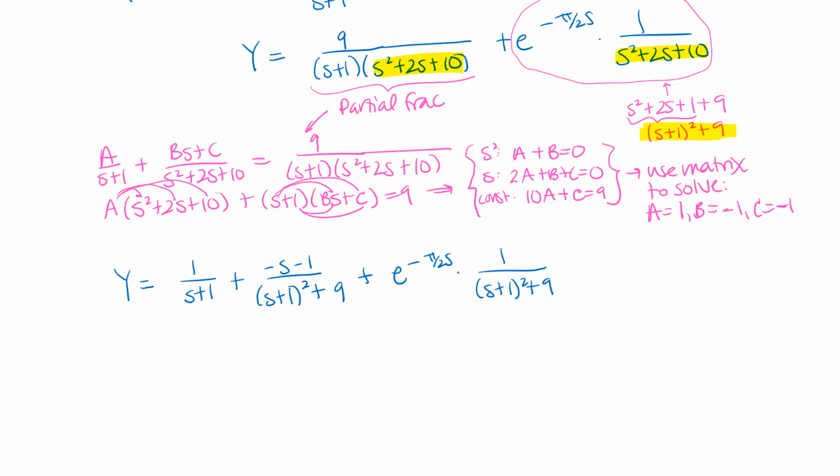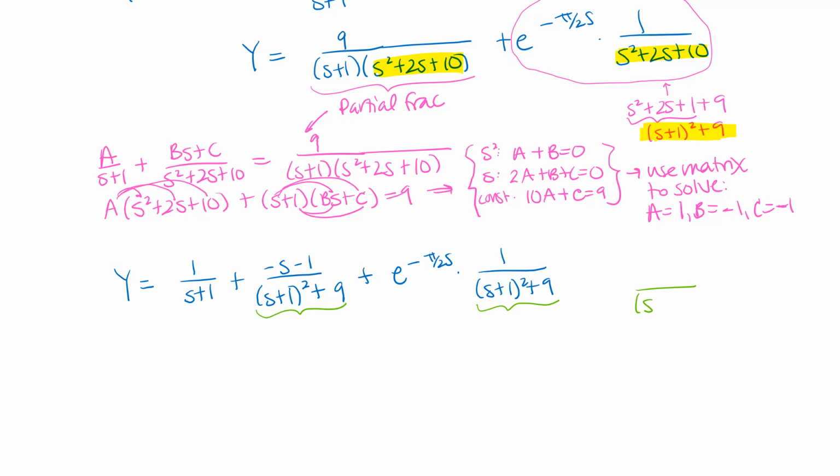Okay, so I've written my expressions here with my partial fraction decomposition and my completed squares on the denominators. We are almost ready to do the inverse Laplace transform. I do need to do just a little bit more manipulation on my two fractions that have the s plus 1 quantity squared plus 9 on the denominator. So what I'm looking for there is to look for my lines in that table of Laplace transforms that have